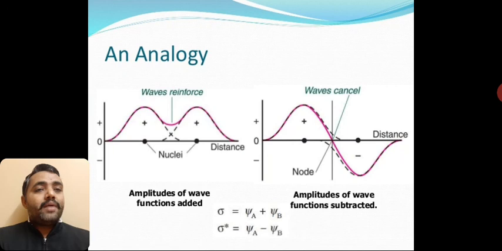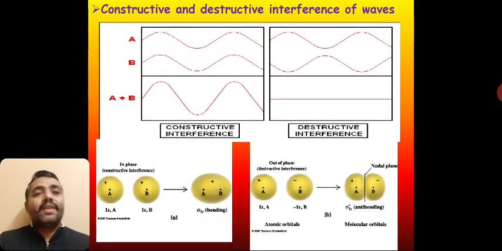If the amplitude of the wave function is subtracted, one is a plus and the other is a minus, so it creates a node, and therefore it goes to the sigma star. Sigma star is equal to psi A minus psi B. Keep in mind, this is very important. Positive overlap is the same phase, and positive-negative overlap is a different phase, therefore one goes to bonding and the other goes to anti-bonding. Bonding is noted as the sigma molecular orbital, and anti-bonding is noted as the sigma star anti-bonding molecular orbital.